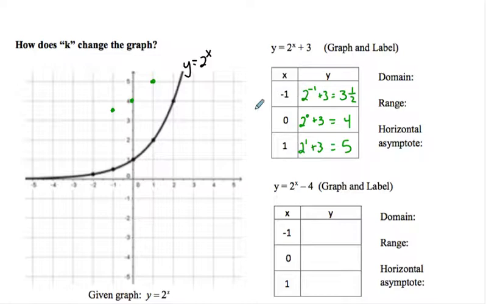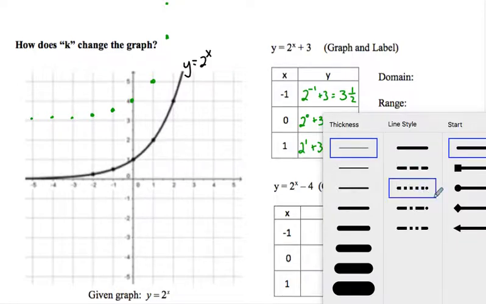At -2, I'd be at 3 and a quarter. So these are going to come closer and closer and closer down, and these will come steeper and steeper up, just like that parent function. Notice now that my asymptote, the thing that I'm getting closer and closer to, is no longer